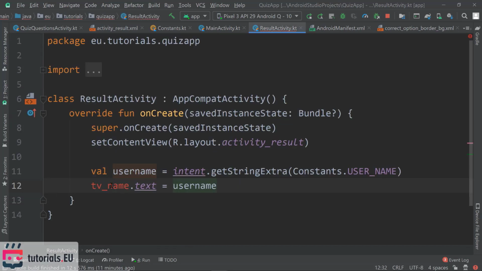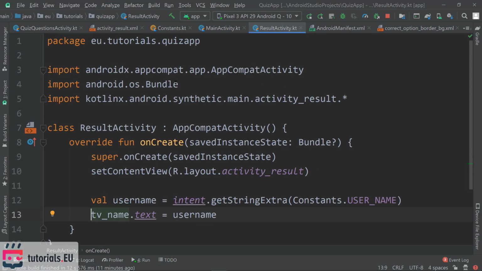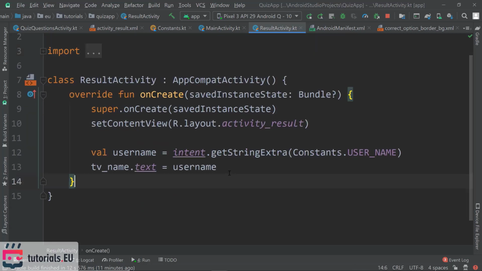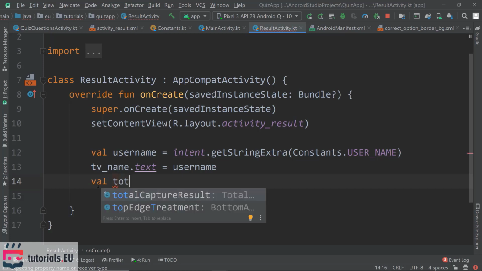So we need to import TV name. You can see here it needed to have this import, which is this one here, and now we can use it. All right, so we set the username. Now we need to set the score text, which is of course going to be dependent on two values. So one is going to be the amount of correct answers, and the other one is the amount of total questions. So val total questions